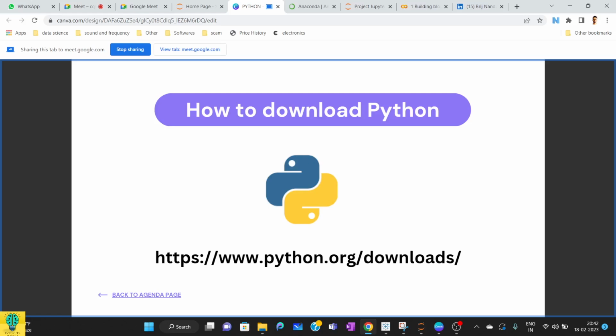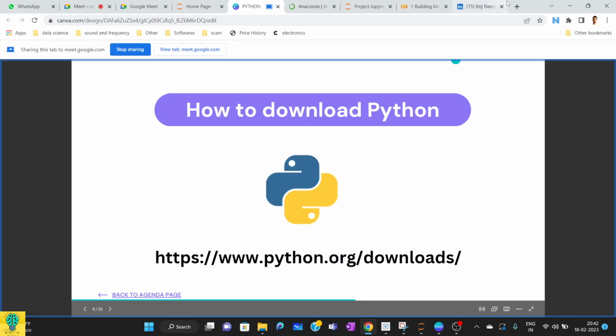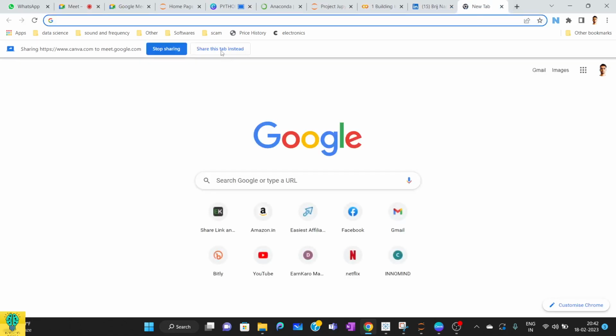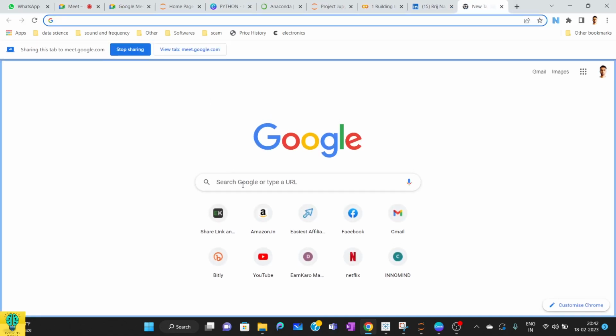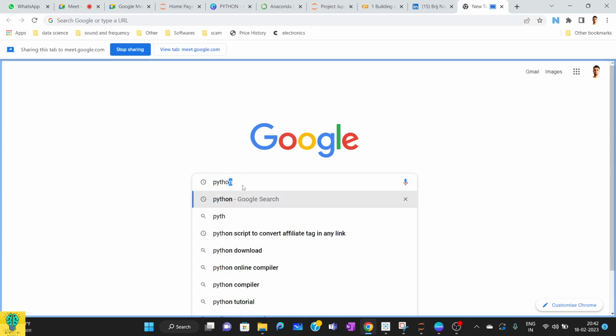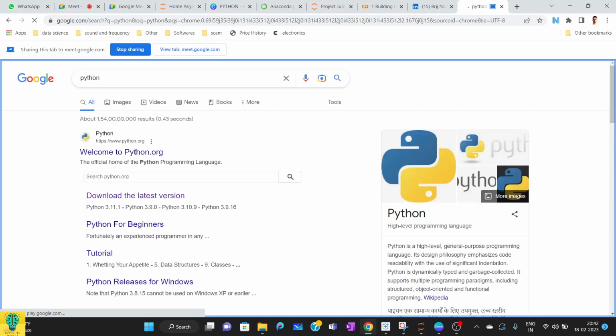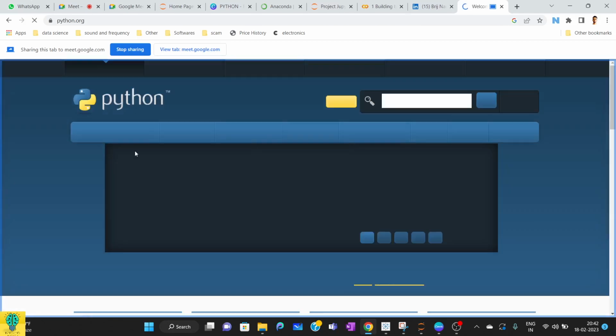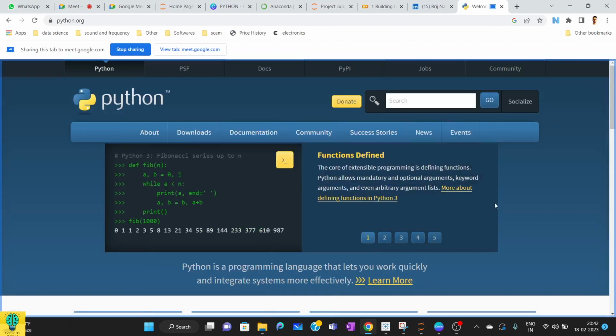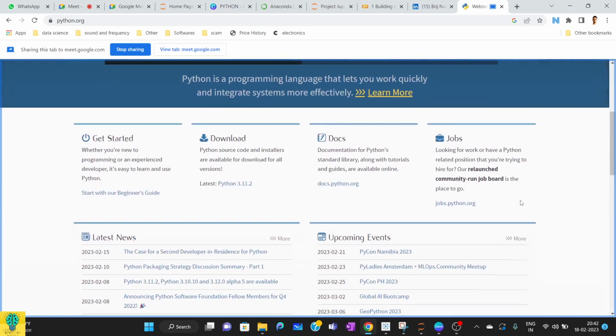If you are worrying about where to download Python, you can go to Google and either follow this particular link or just type Python, and you will be redirected to this page. Click the first link, and here you get the download option.